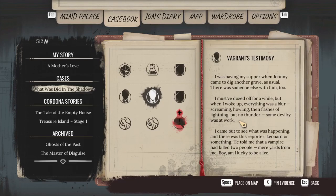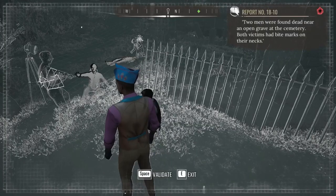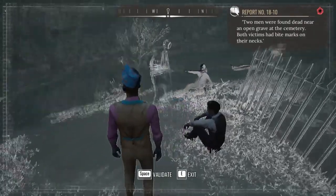Okay, so that would be the photographer. Some devilry was at work. He came to see what was happening, and there was this reporter. Okay. Strolling the cemetery. He raised the woman from the grave and ordered her to attack the two men who were close by. Then they both turned into bats and flew away. I was too scared to take photographs of them, but I photographed their victims. This will be front page. Okay. So one of the victims was...